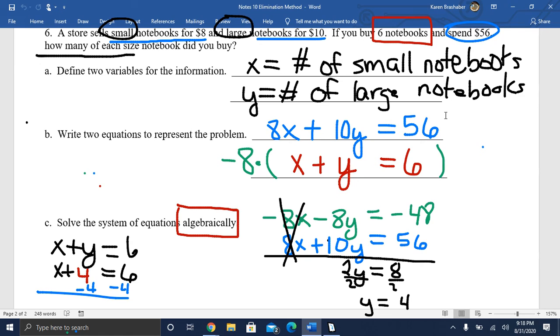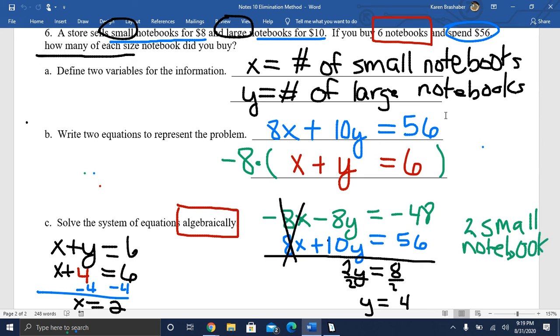and x equals 2. All right, now, I don't have this showing on the video screen, but your part D for this is to write a sentence answer for the solution. So that I don't have to erase everything, I'm not going to scroll up, but I will do a sentence. So the question was, how many of each size notebook did you buy? So you could say 2 small notebooks, that would be your X, 2 small notebooks,